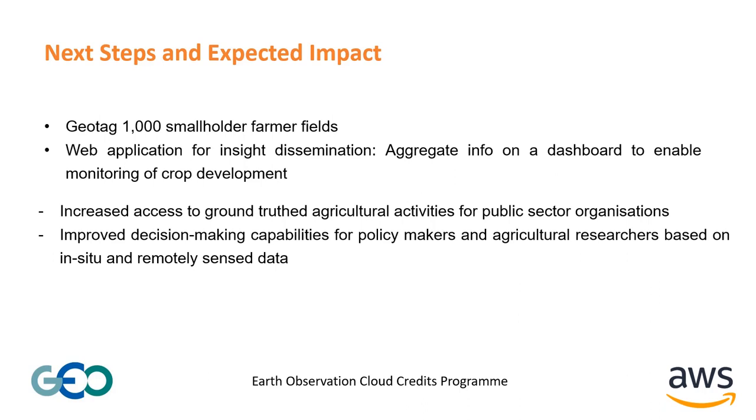Going forward, we want to geotag another 1,000 farmers to help us have good data that can be used within our models to understand the kind of decisions that need to be made, which requires the interoperability of field data or research data and data from Earth observation, and also to set up a web application for this. We are looking at this as an opportunity to improve the ground truthing opportunities for what we have available, and also support policymakers to make decisions based not only on research data that is available, but also on Earth observation data. Thank you very much.